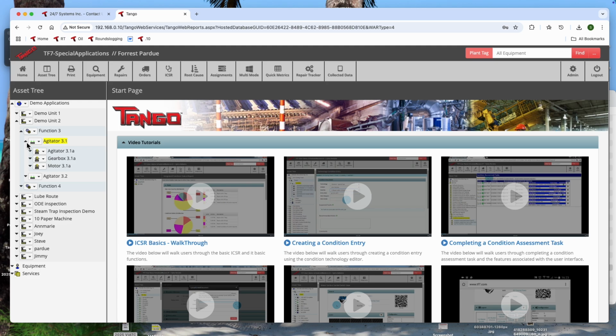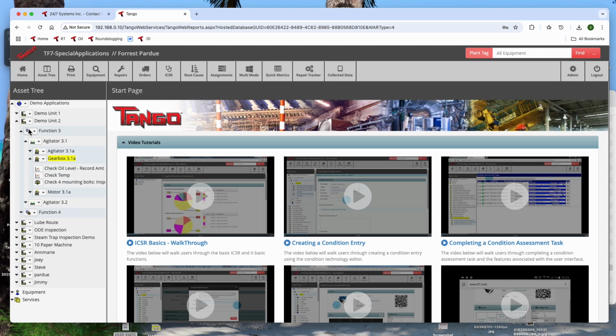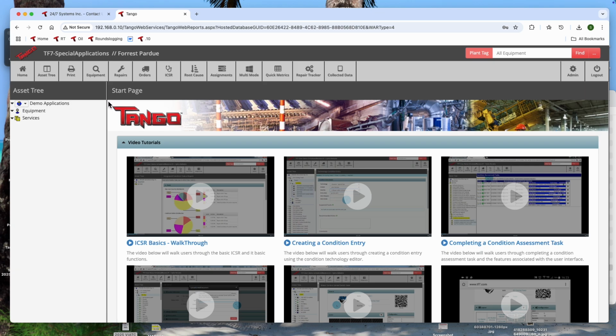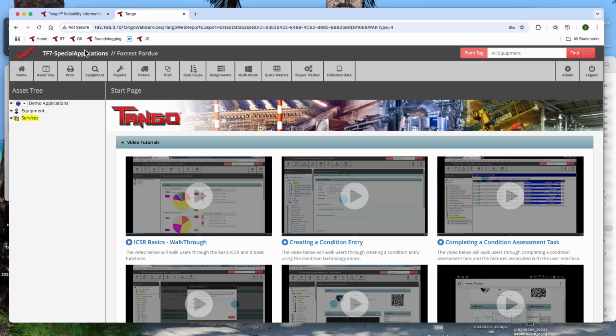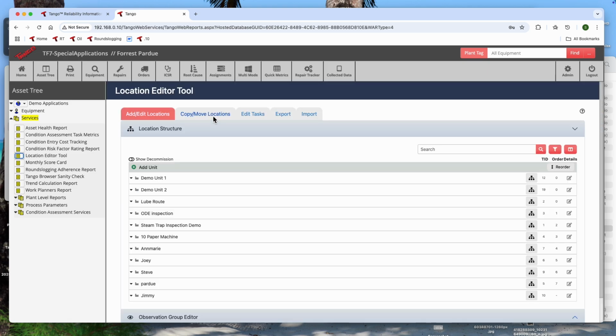Tango. So far, we've shown you how to create and populate a location structure, and how to create and populate routes. In this video, we'll go into the copy and move functions available, and touch on the export and import tabs. Back in the demo database, we'll go to the location editor tool, and open the Copy Move Locations tab